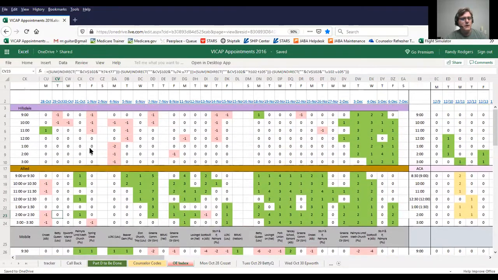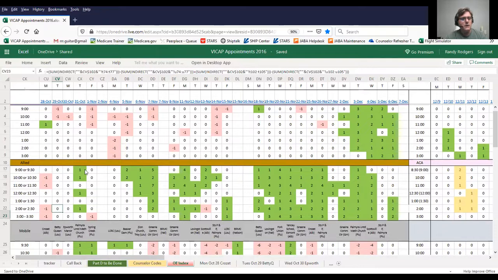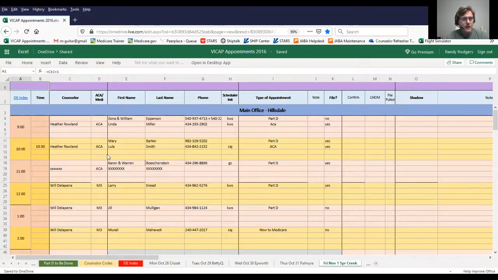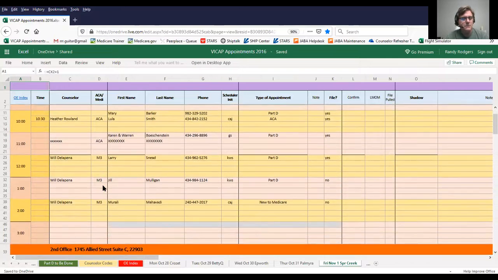Looking pretty good throughout the rest of the week. Needs a little help on Friday at the Allied office. Moving forward, as we've been cruising along, especially the first few days of next week, it looks good. We do run into things that don't even show up here when we're looking at a glance, like Friday here, November 1st, Friday next week, as you can see at Hillsdale,